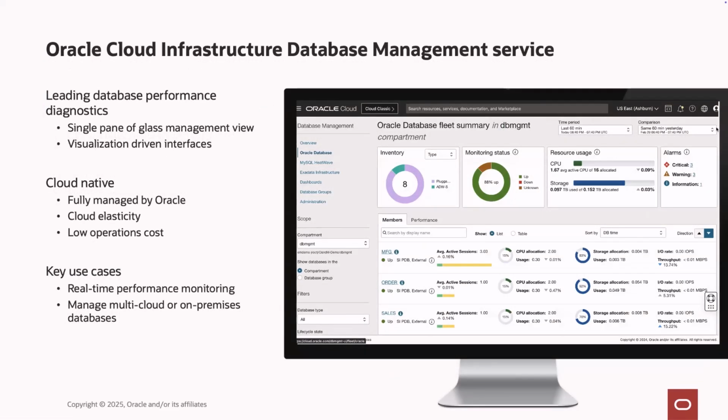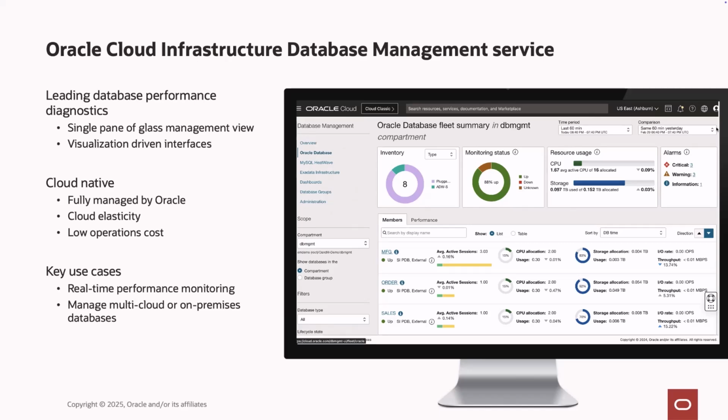So database management really, we combine the backend instrumentation and tools that you already have available within the Oracle database kernel itself. And we provide a lot of visualization-driven interfaces, so you can quickly identify any problems within your database fleet. You can really tackle any issues that you might have, and it empowers not only database administrators, but also cloud engineers and application developers to monitor the health of their environment, be it code against the database, deployments or host configurations, to see where your resources are and how those are being utilized